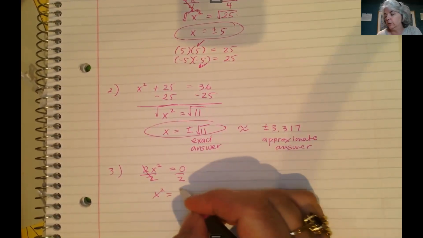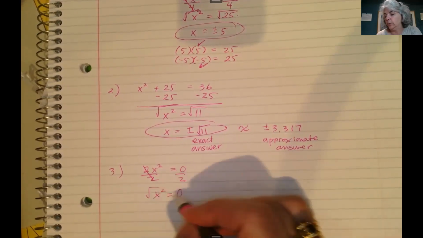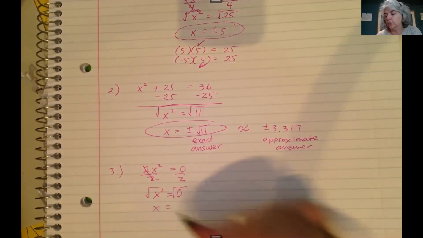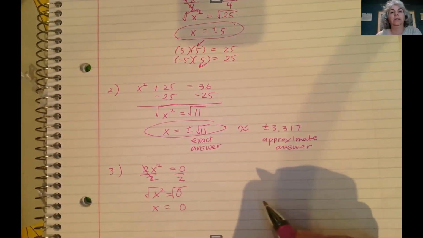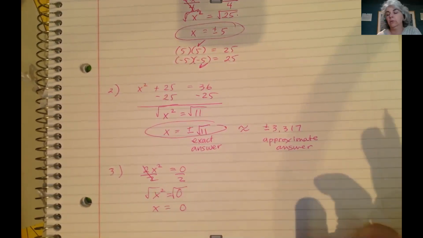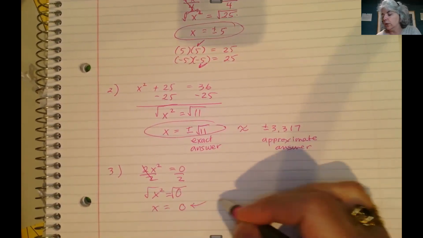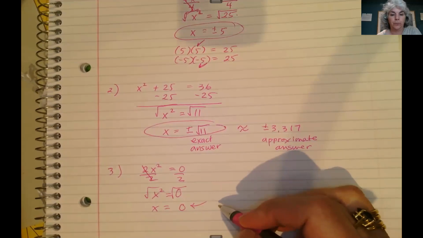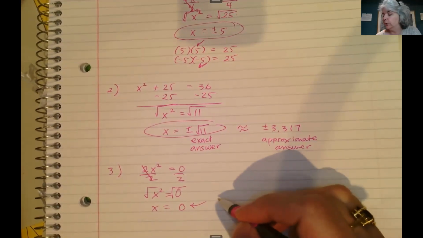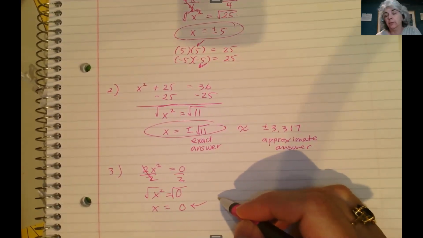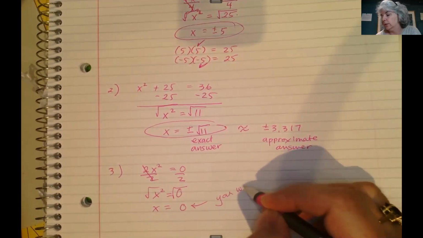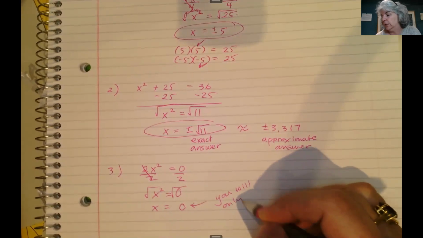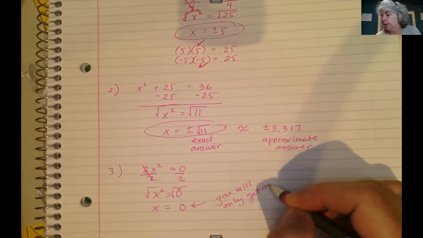It should be 0. I take the square root of both sides, and I get x equals the square root of 0. What's that? It's just 0. There's no plus or minus 0. It's just 0. And so this is the case where you will only get one answer when you take the square root of 0. So let's note that. You'll only get one answer